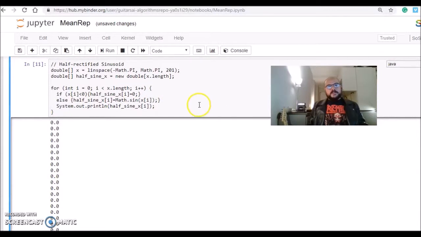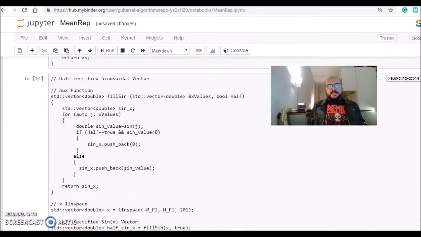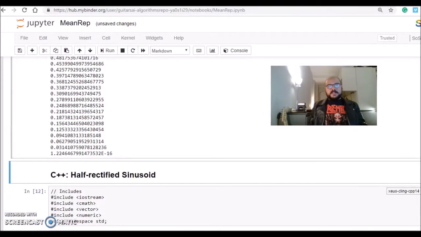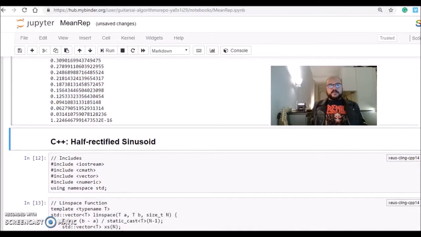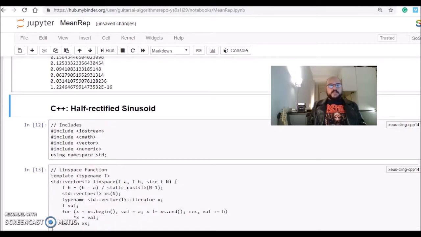And I'm also doing here, using this linspace from minus pi to pi, 201 points. Then I'm defining this half sine. Unfortunately, this script of scripts is not officially supporting Java, and we cannot use this get from Java that we use to plot in Python. So for Java and C++, there is no support to exchange variables between kernels, and we just have here the values from the half rectified sine wave. Finally, in C++,